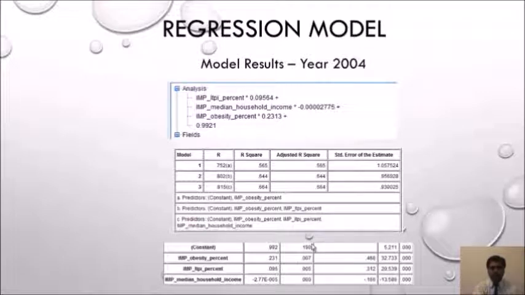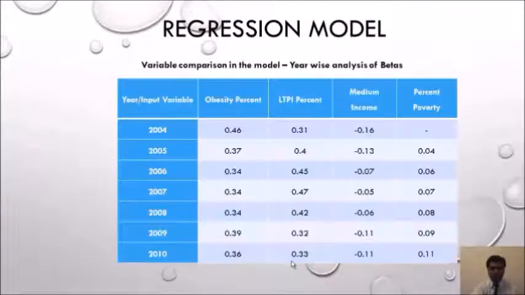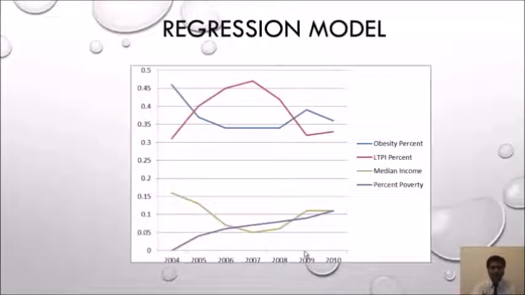On the right-hand side, these are the standardized regression coefficients. Coming on to the next slide, I've explained standardized regression coefficients here because comparing coefficients for all the variables isn't logical unless they are standardized. We have different scales for different variables, so unless we standardize the regression coefficients, there's no sense in comparing them. These are the standardized coefficients for all the variables from the year 2004 to 2010. Let us try and understand this graphically.